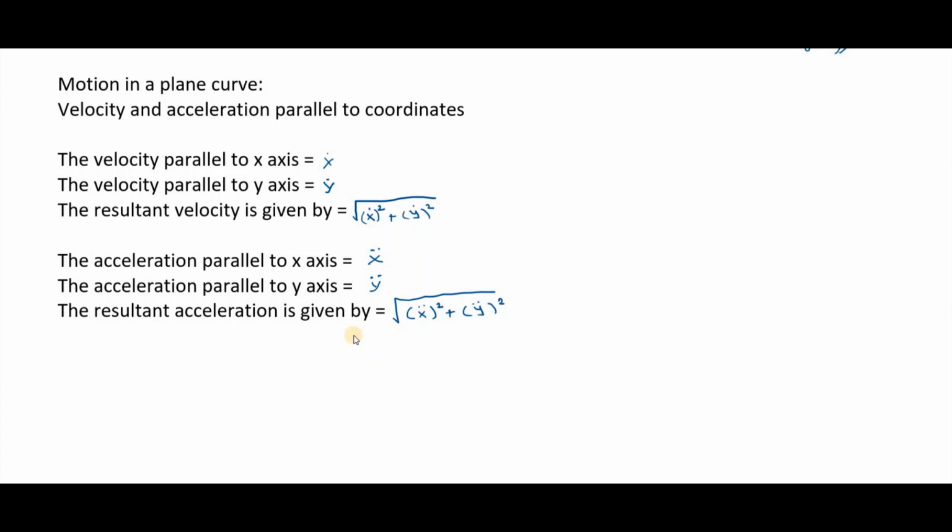So please remember, the velocity parallel to the x-axis is given by x dot, and the velocity